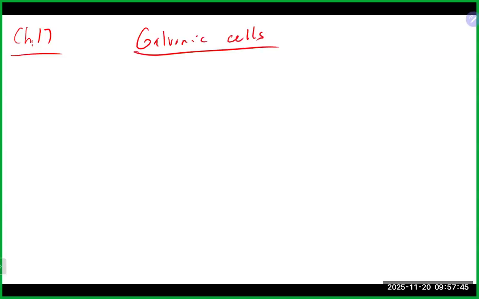Okay, we're continuing on here, chapter 17. We talked about balancing redox reactions last time. Then we got into really the heart of the chapter, which is galvanic cells. And again, a galvanic cell is really a redox reaction that's occurring, and you can pretty much build